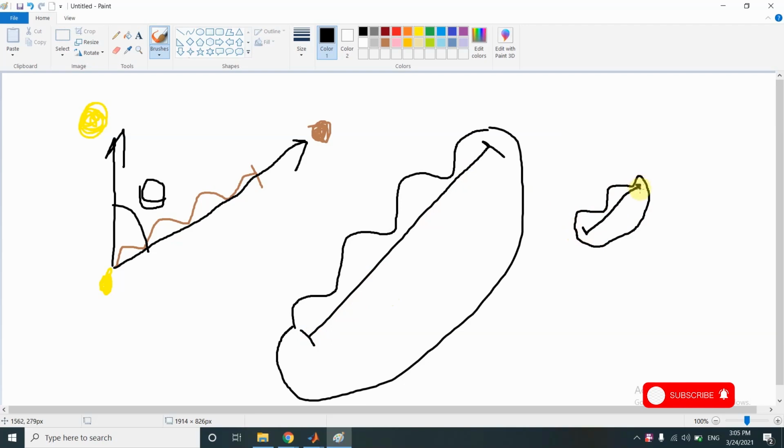So this shows that the food is in a nearby location. This shows that the food is in a far away location. So the orientation, that is the direction, and the distance of the food are described by the length of the straight portion of the dance, and the quality of the food is described by the frequency of the dance.